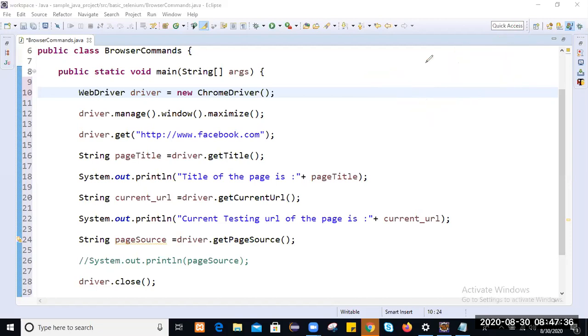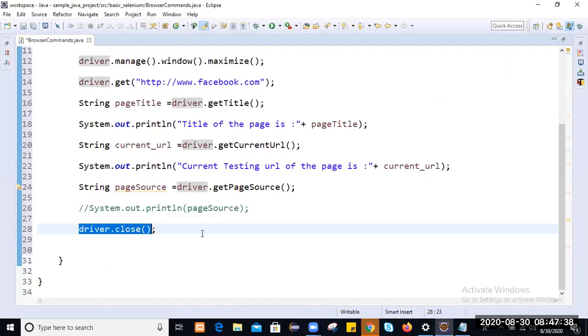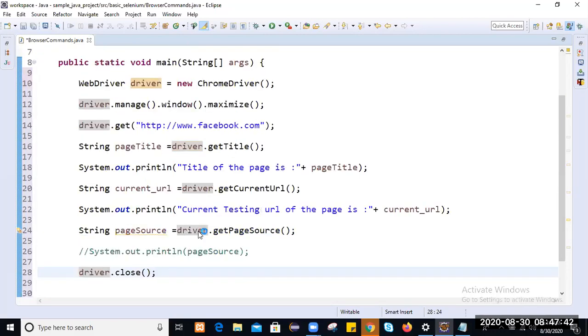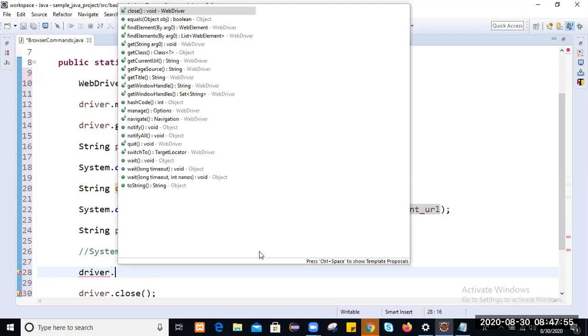So simply, if you use the driver.close method, it will close the current browser window where the driver instance is. So how many functions have we seen? Page title, current URL, page source, and close.